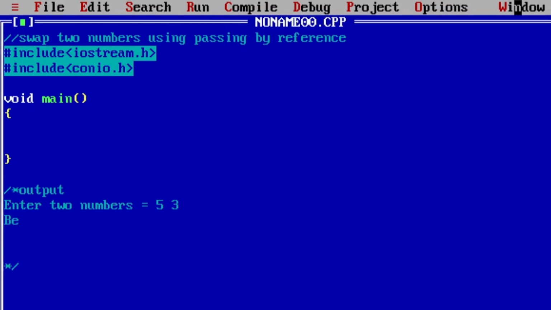So I want before swap, as it is, I want the numbers, and after swap it will be 3 and 5. This is the output I want. So for two numbers,